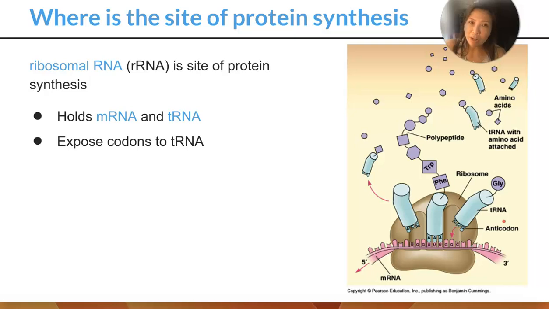Then you have the ribosomal RNA, which is going to be the site of the actual protein synthesis. So what happens is the ribosomal RNA, which is technically two parts, is going to come in and clamp. It's going to find the mRNA, clamp on the mRNA, and start reading through it. When you find the AUG, which is the start codon, that's when we start the process